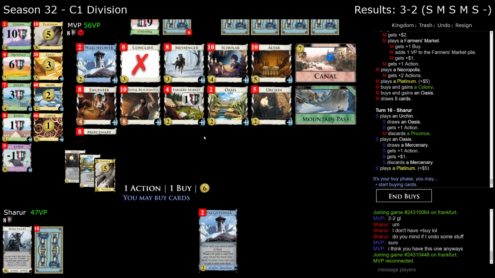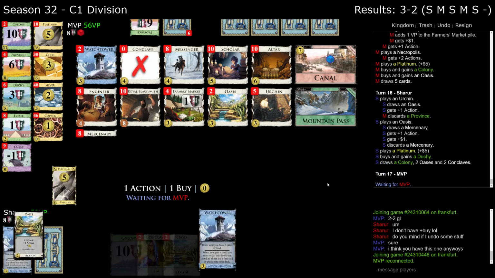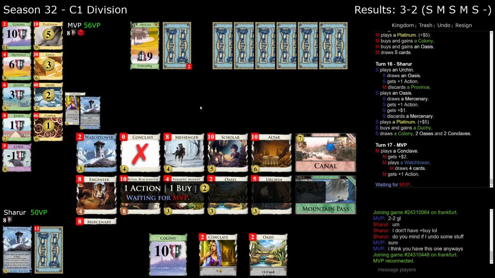There's almost no point in buying a duchy, but it's probably still the best thing I can do. God. How does he always start with those in his hand? I don't understand. I mean, I know he has more Conclaves than I do, and maybe he has more Watchtowers as well. But even so,